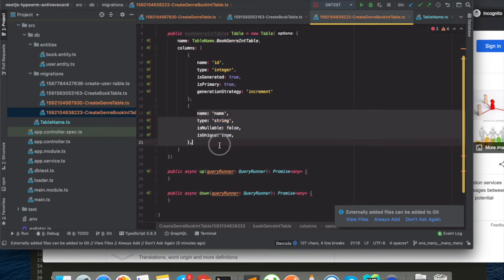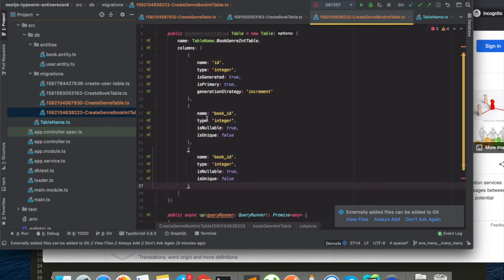Depending on whether a genre can have no books, or a book can have no genre, we can keep these fields as nullable. Nullable means if we are deleting a genre from a book, this would become null in the table, so it won't throw an error.